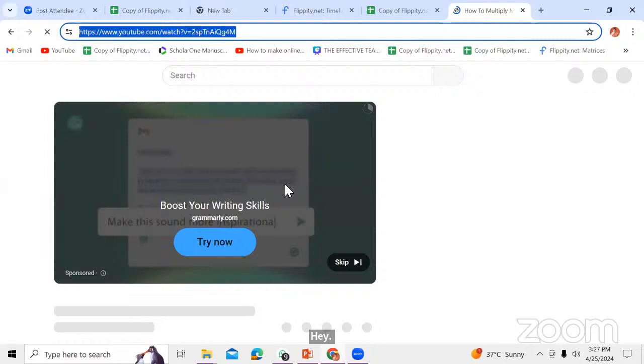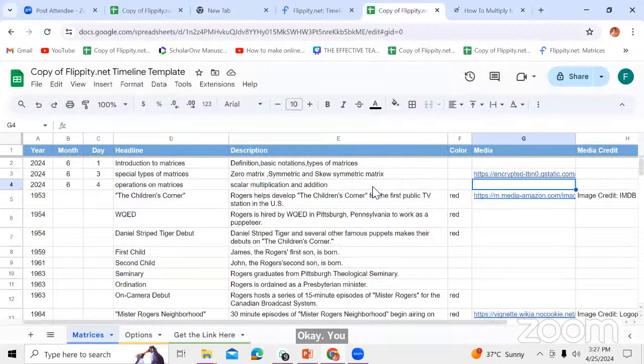Okay. Now, so these three things we have added, and lastly I am adding,